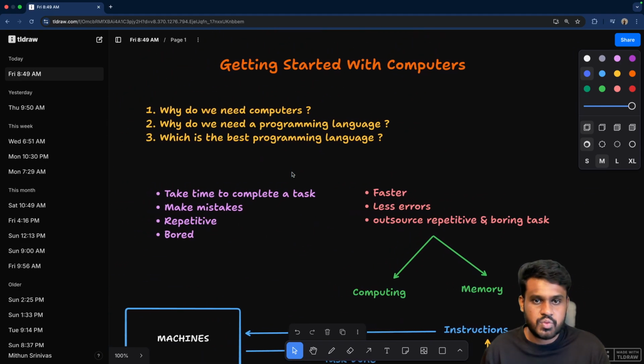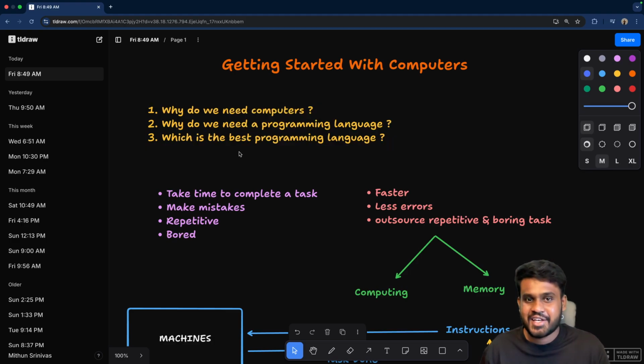The next question is, which is the best programming language? If someone asks you this question, don't indulge in these types of discussions because there is no one best thing. It's all application specific. Let's take an example. Our language is also area specific. If you go to one particular country, you need to learn one language to communicate with the people.